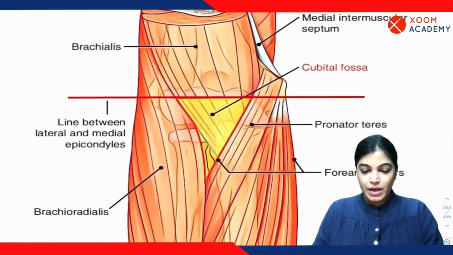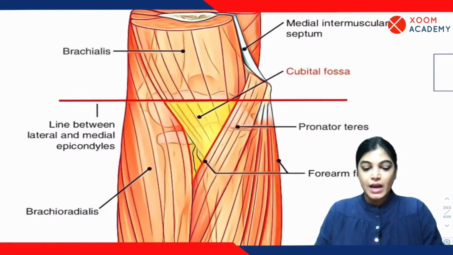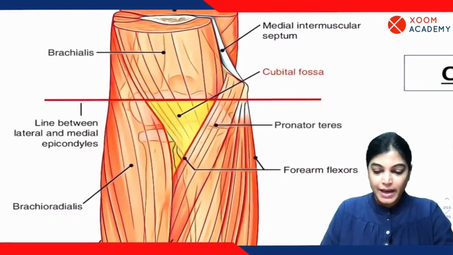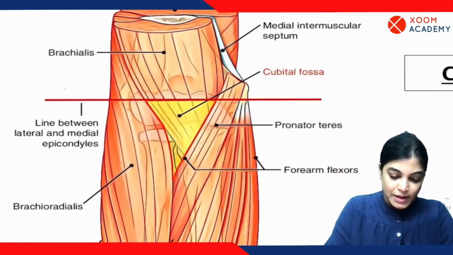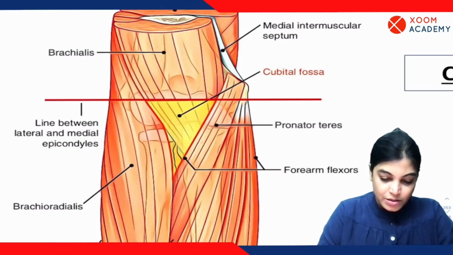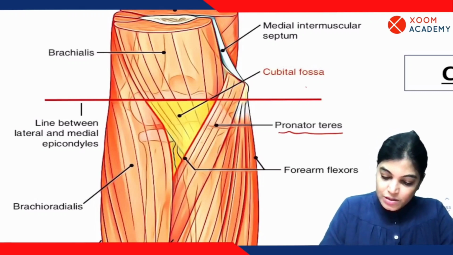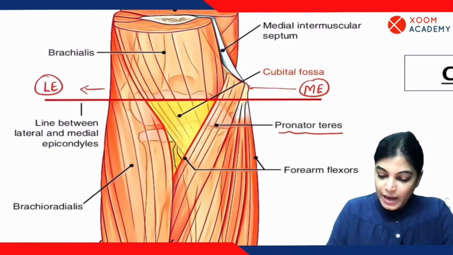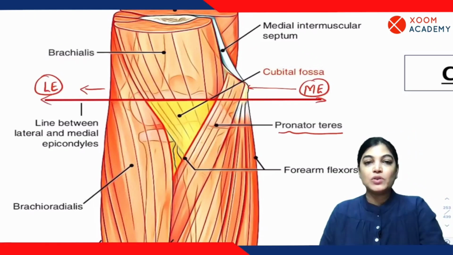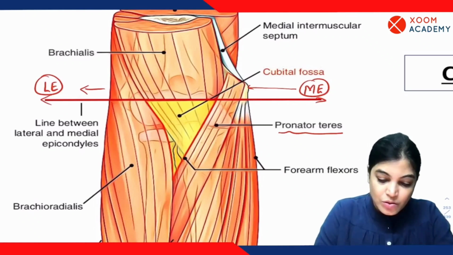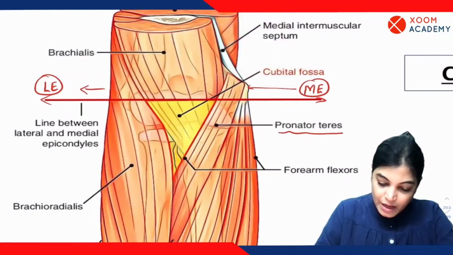Okay. So yes, when I am enlarging this diagram, you can clearly see and appreciate the boundaries. You can see here there is an imaginary line which is passing through the medial epicondyle and the lateral epicondyle. Here is the pronator teres muscle, so this would be the medial epicondyle, and on this side we will have the lateral epicondyle. An imaginary line passing through the medial and lateral epicondyles of the humerus bone forms the base of